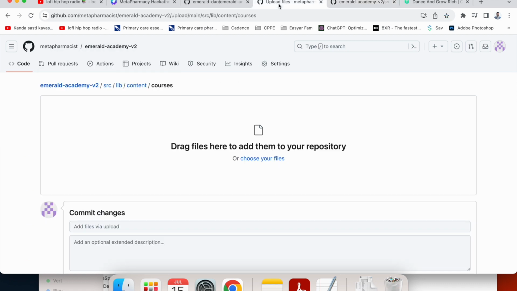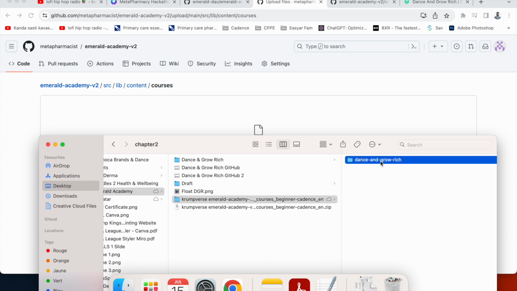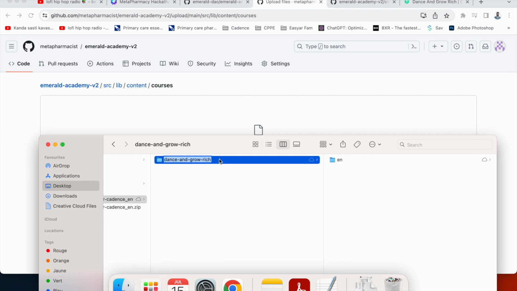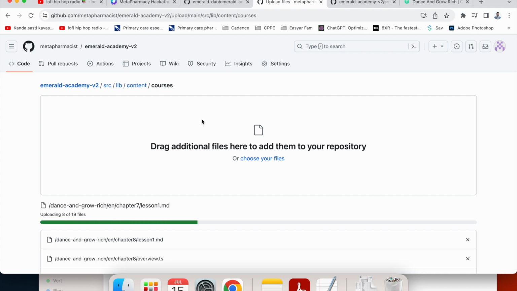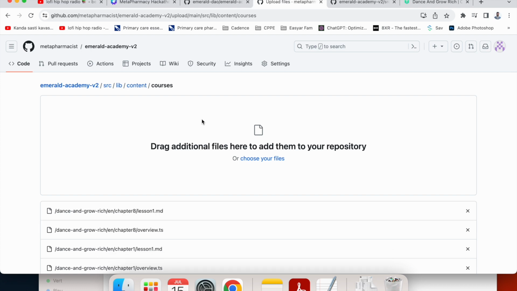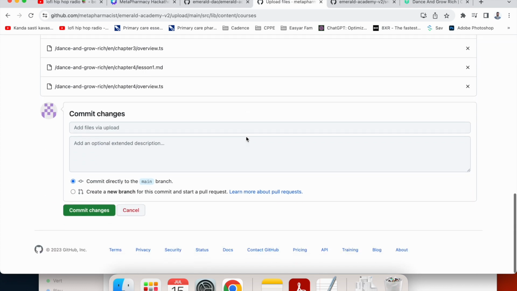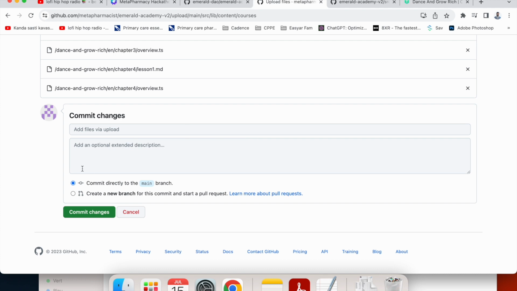That's Emerald DAO, and that's mine here. And all you got to do is just drag and drop. Yeah, once you've done that, you just click commit,